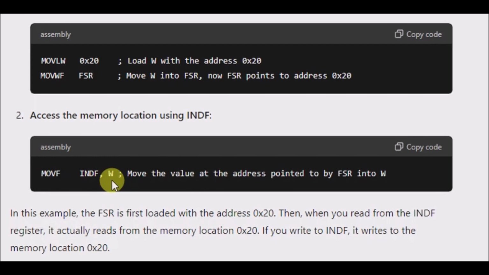Then, when you read from the INDF register, it actually reads from the memory location 0x20. If you write to INDF, it writes to the memory location